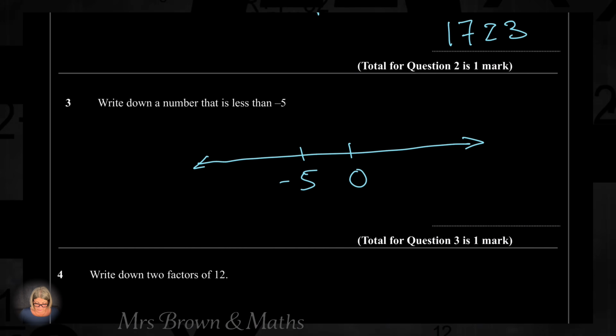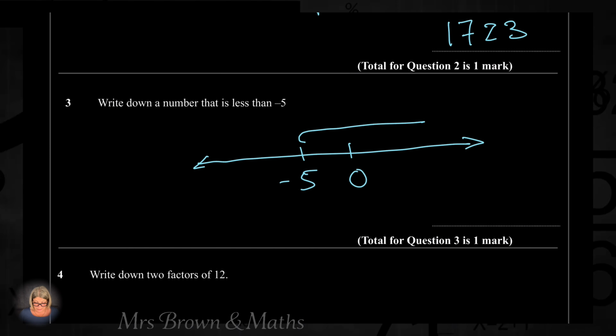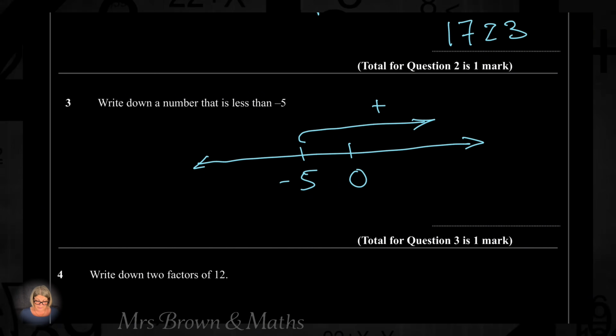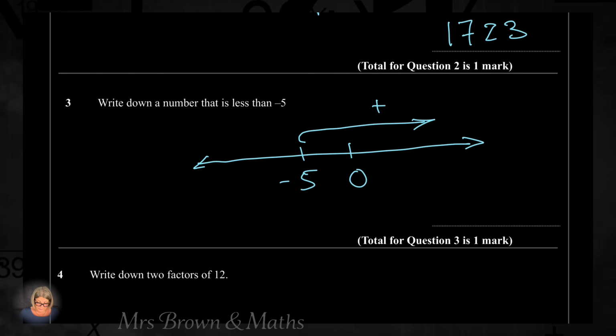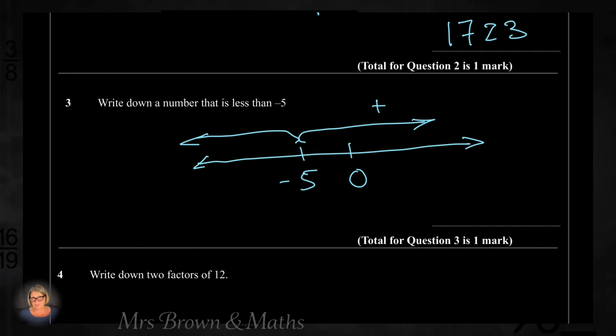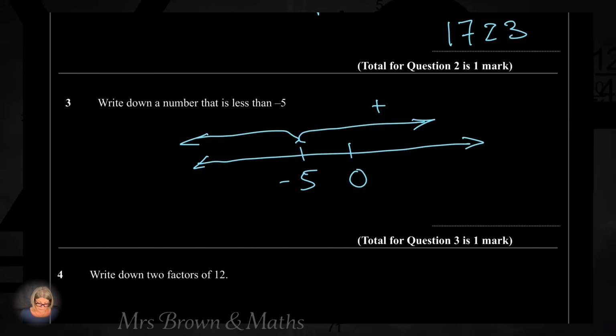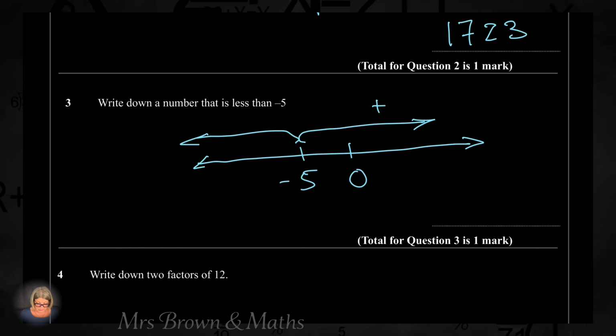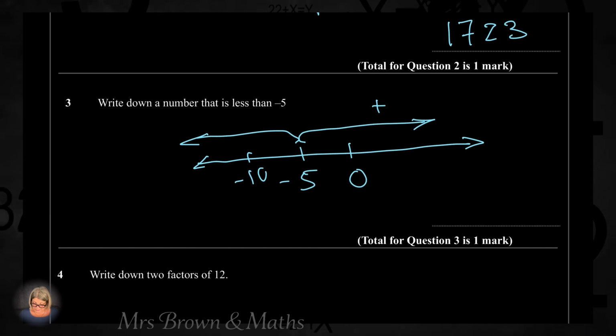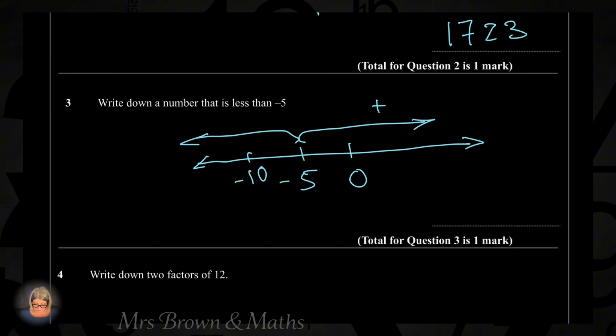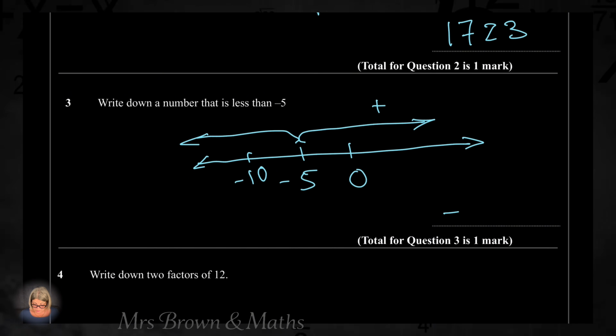Every number which is to the right is greater than -5. Every number to the left will be less than -5. So choose whatever you want. I will choose, for example, -10. But again, there is no one answer. Choose